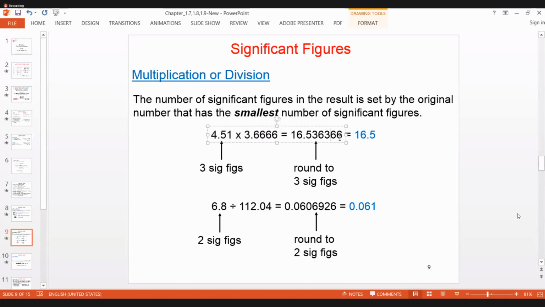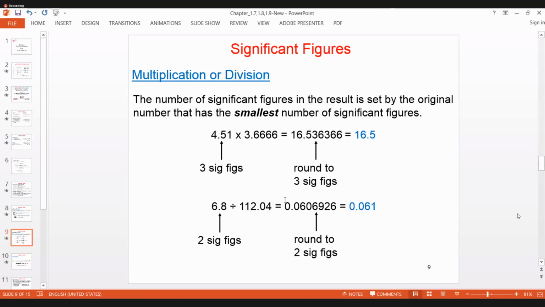So this answer, how many significant figures do you have? 1, 2, 3, 4, 5, 6, 7, 8. But 8 are wrong. So you have to select only 3 significant figures. When you take 3 significant figures, look here, this is 3, and the fourth one is less than 5. So you have to remove all the digits after 5. If the fourth one is 6, then you have to add 1 to the previous digit, which means to the 5. But here it is less than 5, that's why you remove all this. You will get 16.5 as your correct answer.